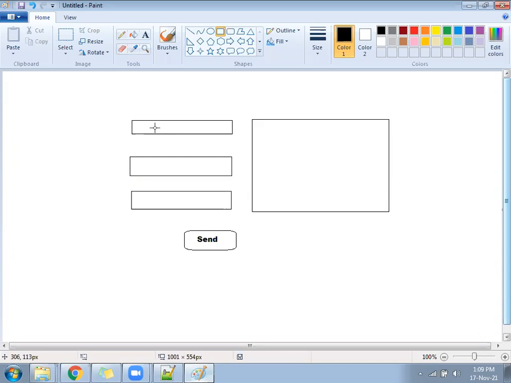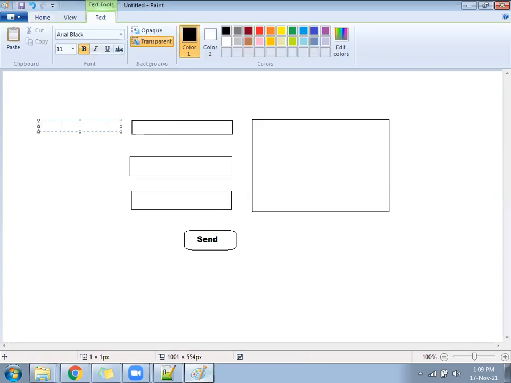Okay. So in the first TR, we have total 2 TD. The first TD has one text box. The second TD has one text area.